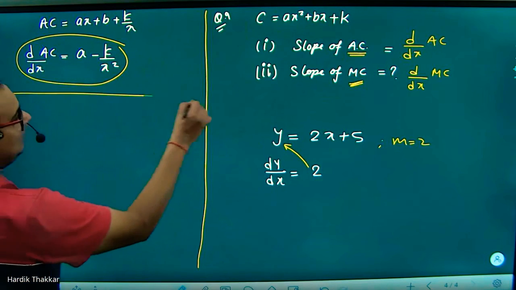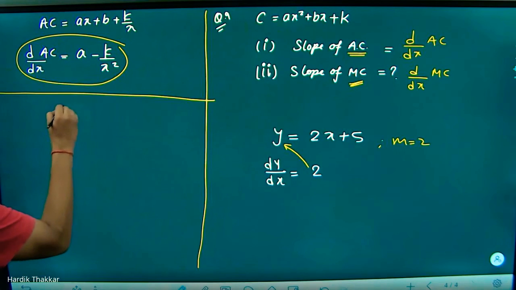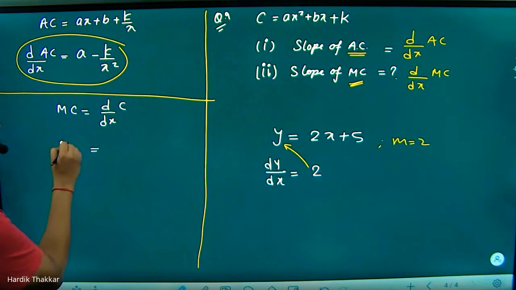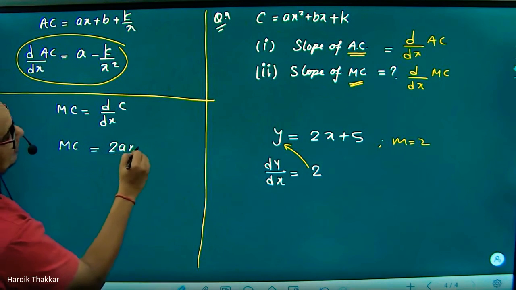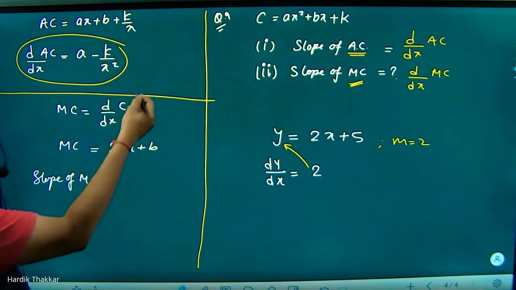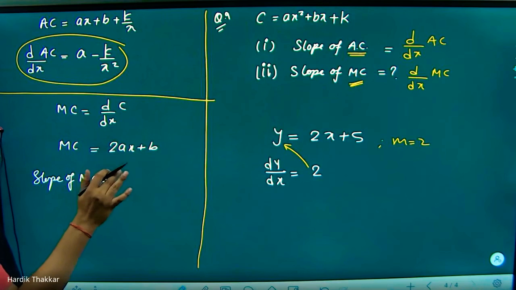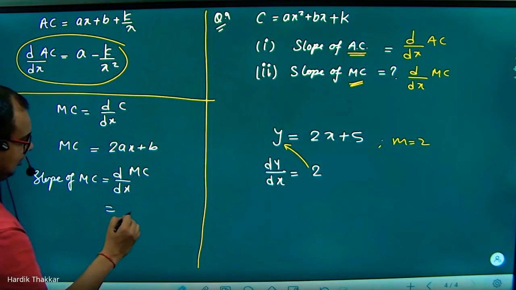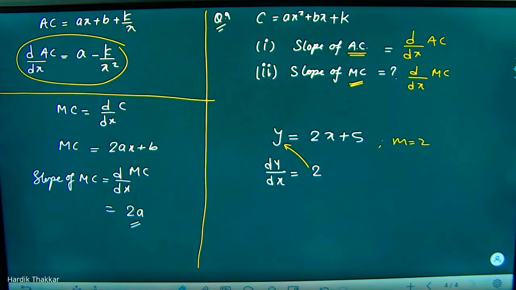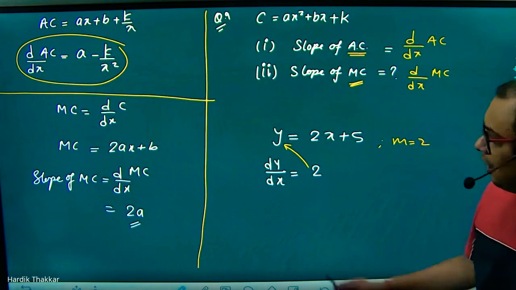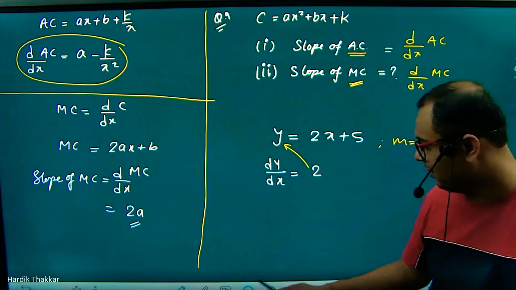अब जैसे एमसी है, स्लोप ऑफ एमसी निकालना, सो फर्स्ट हम क्या लिखेंगे? एमसी निकालेंगे. अब एमसी क्या होता है? डी बाई डी एक्स ऑफ सी होता है. ठीक है, तो पहले एमसी निकालो. तो एमसी क्या होगा? सी का डेरिवेटिव क्या आएगा? 2ax प्लस बी. अब स्लोप ऑफ एमसी निकालना है. बिल्कुल. ये फॉर्मूला इसीलिए तो मैं बोला कल जो मैंने पॉइंट्स लिखा है ना वो ध्यान में रखना है. सामने रखो अपने d by dx of MC, so it is like 2a, so the answer of the second part is 2a. Okay, हाँ वो सिर्फ समझाने के लिए बताया, ये वाला पार्ट समझाने के लिए।